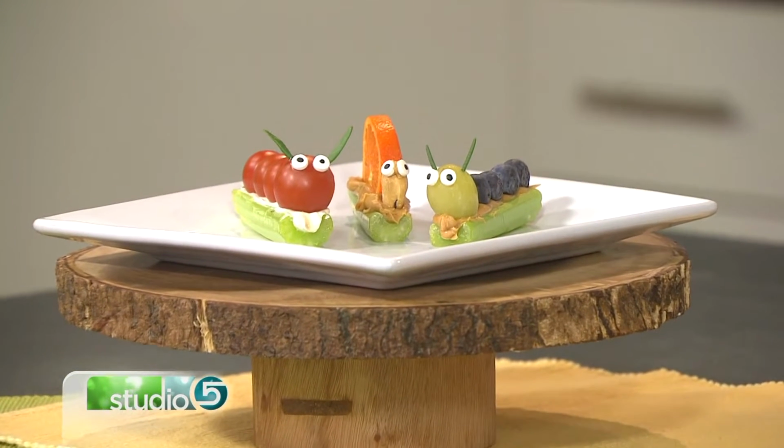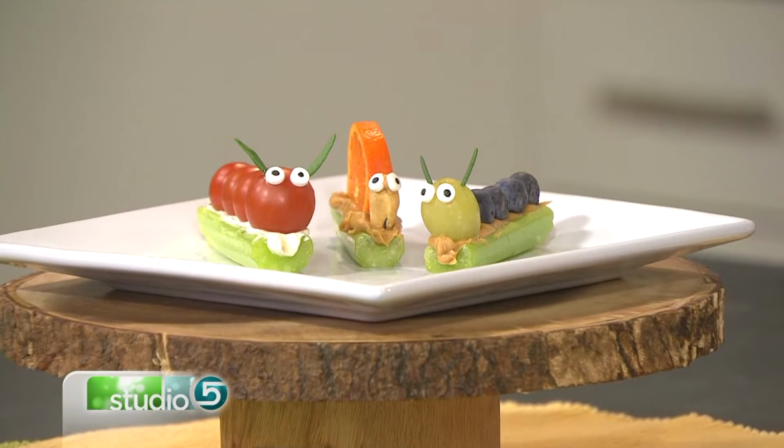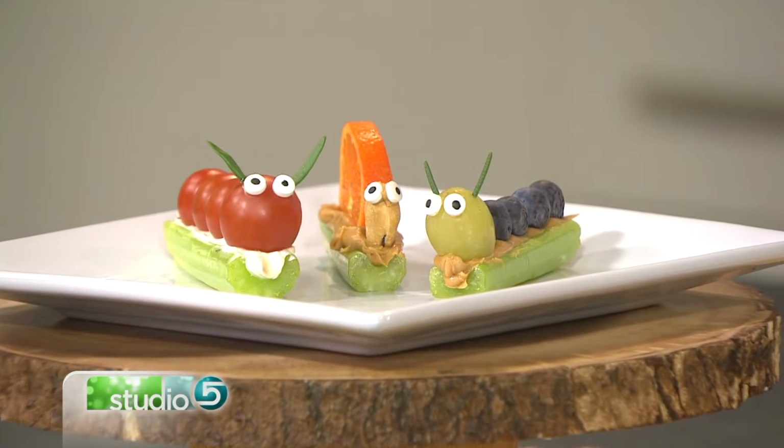They're creepy, they're crawly, and they are crazy cute. These veggie bugs are guaranteed to start an after-school feeding frenzy. And mom can cash in on that very rare occasion to sneak in some extra nutrients. Food instructor Aimee Krey is here with us with these darling, edible little critters, and they're almost not quite a